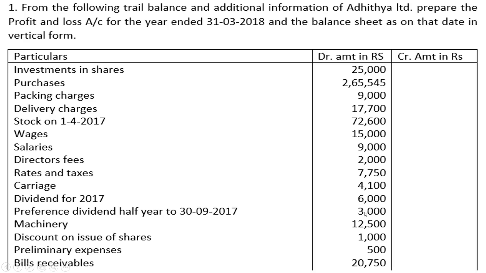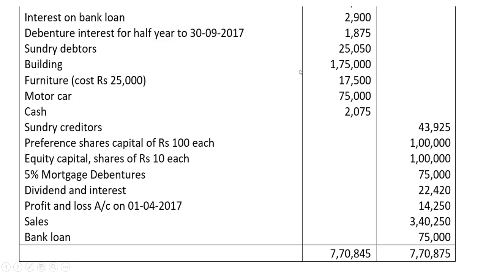interim dividend for the half year to 31st September 2017, 3,000, is given for half a year, and the remaining half year 3,000 we have to calculate, machinery 12,500, discount on issue of shares 1,000, preliminary expenses 500, bills receivable 20,750, interest on bank loan 2,900, debenture interest paid half yearly 1,875, sundry debtors 25,050, building 1,75,000, furniture, the cost is 25,000 but the current value is 17,500, motor car 75,000, cash 2,075, sundry creditors 43,925,